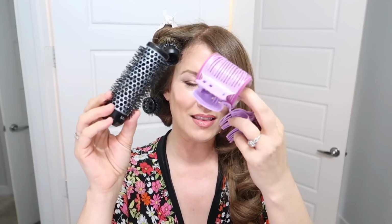Let's take out my rollers, and I just use these to set it after I blow dry it. These are really neat because they're actually hair brushes and the handles come off. A couple more drops of my Olaplex oil. Get that all over the ends. Look at that shine. That's why I love this